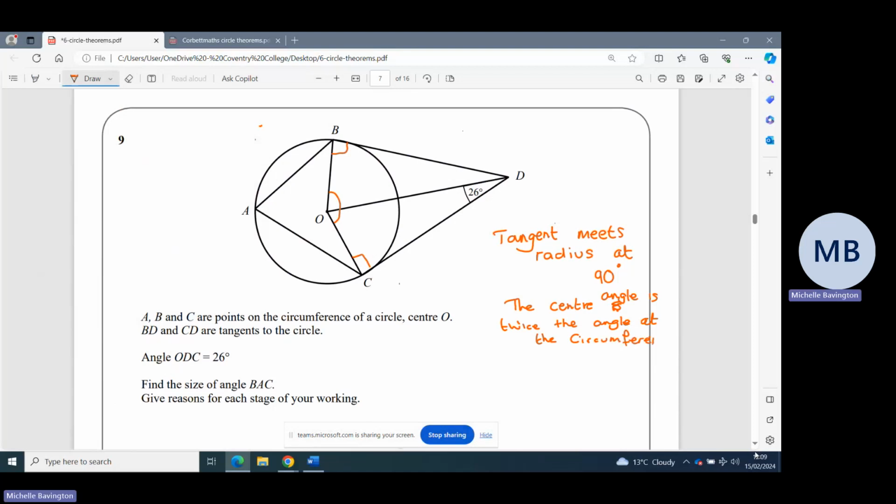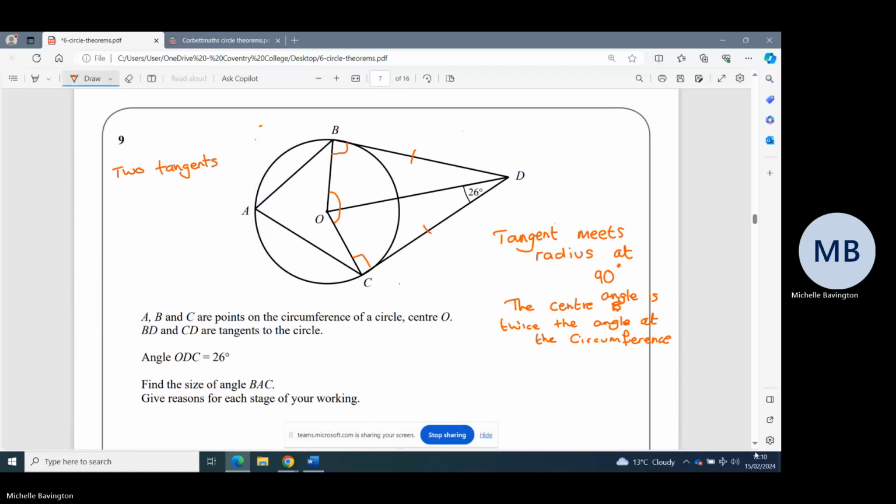So I know that as well, but I don't know that yet. I do know that they are equal. And I know that 2 tangents